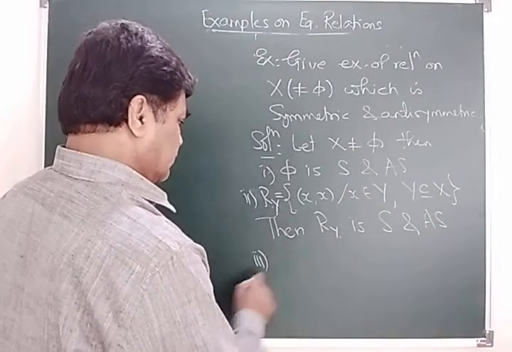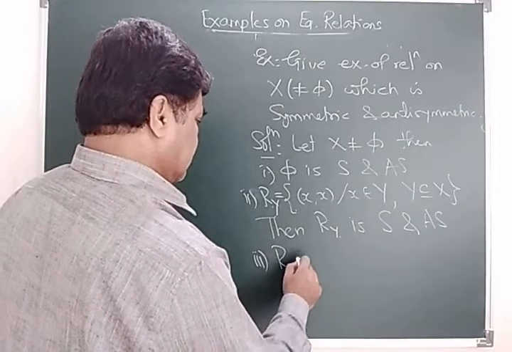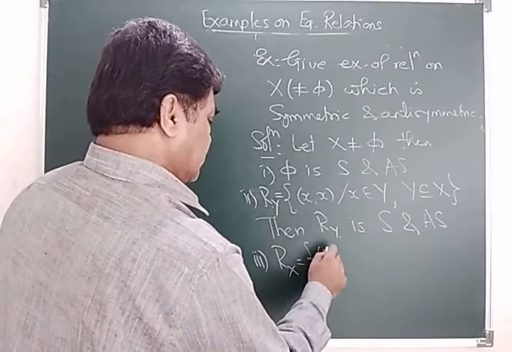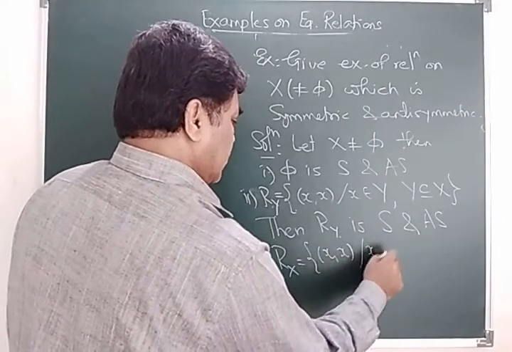Third, if I take R_X like this, the set of ordered pairs (x, x) where x belongs to X,